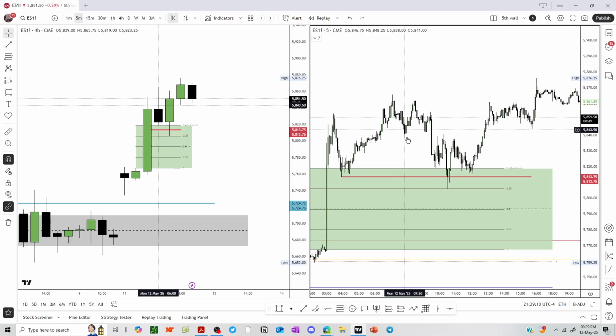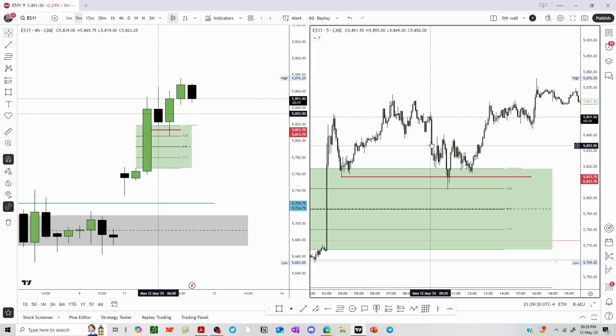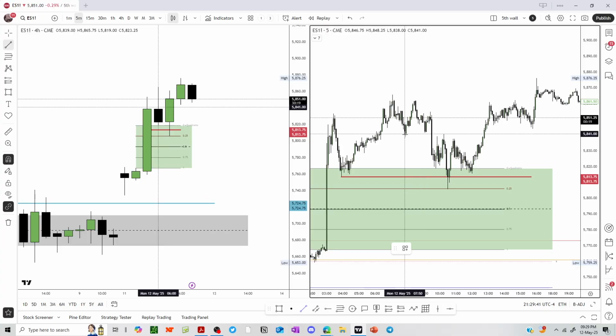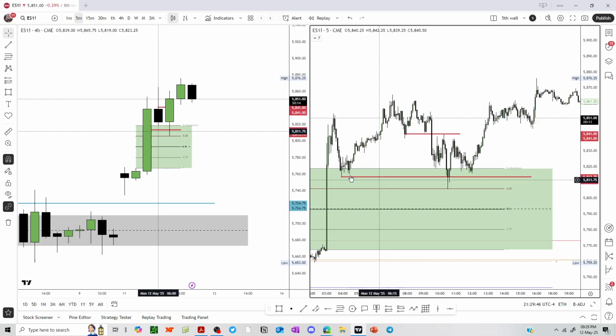In this case, it continued lower, huge displacement here, some consolidation or retracement here into this. For me, it's a breaker. You may not see it as a breaker. You may see it as a mitigation block or something similar, or you may take it as some quadrant of this SIBI, this 9:30 bear bar. Let's see. But yeah, I would have taken it from here to here, and then short into this level here,